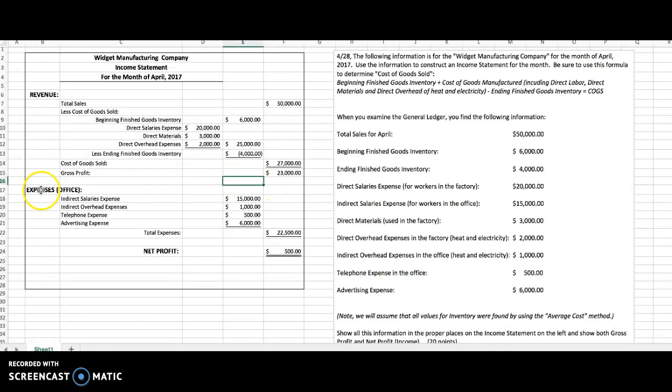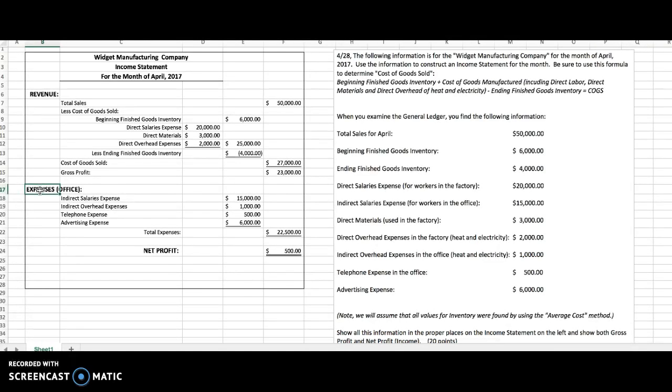Then the new part that I did not explain to you before, but this is listed here, as you can see, on the income statement, because we still have other expenses. In this case, for the office, we have indirect salary expense of 15,000, and that's mentioned over here. Indirect salaries expense 15,000. Indirect overhead expense, in other words, heat and electricity used in the office, $1,000, and that's plugged in. Telephone expense, which would be in the office, as it says there, 500, and that would be listed here under